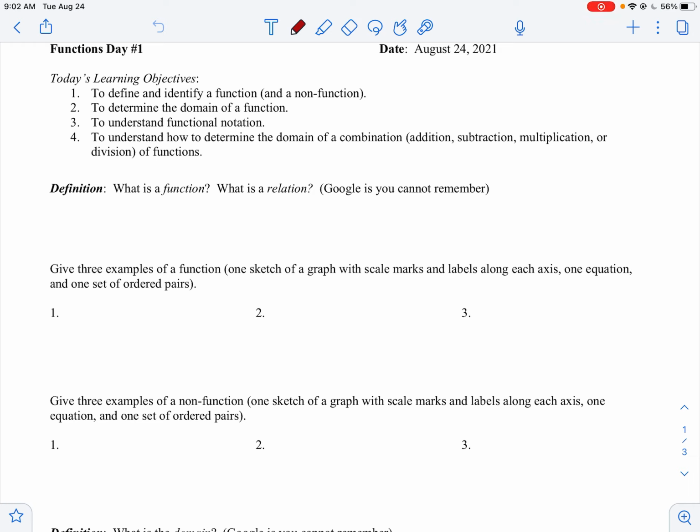Right. So what's a function? What's a relation? I'm actually going to start before I answer what a function is. What is a relation? In mathematics, a relation is just any pairing of inputs and outputs. That's it. I put something in, I get something out. That's all a relation is. And a function is just a special relation,